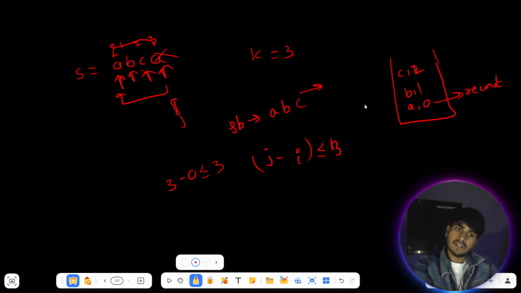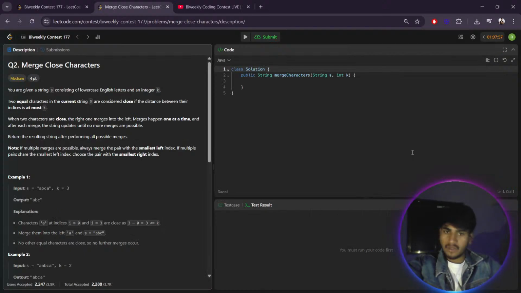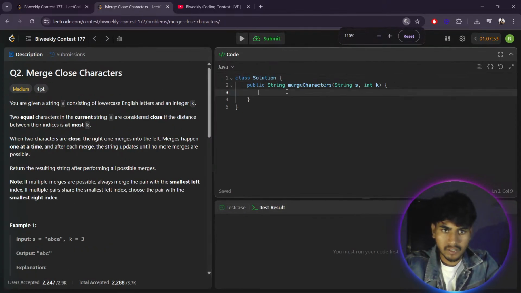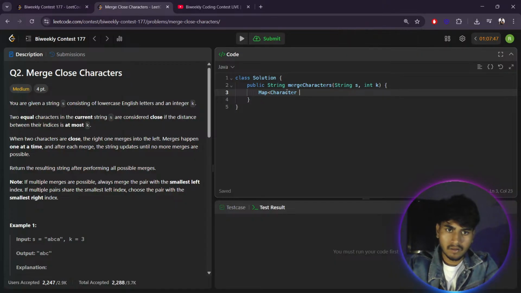सो आई होप यार ये चीज़ें क्लियर होगी। बेसिक है यार, हैश मैप यूज कर लिया हम लोगों ने, राइट? सो लेट्स ट्राई टू कोड दिस अप वेरी फास्ट। ओके, इसमें तो टाइम लगना ही नहीं चाहिए यार, इजी क्वेश्चन ही है। मैप ऑफ कैरेक्टर कॉमा इंटीजर